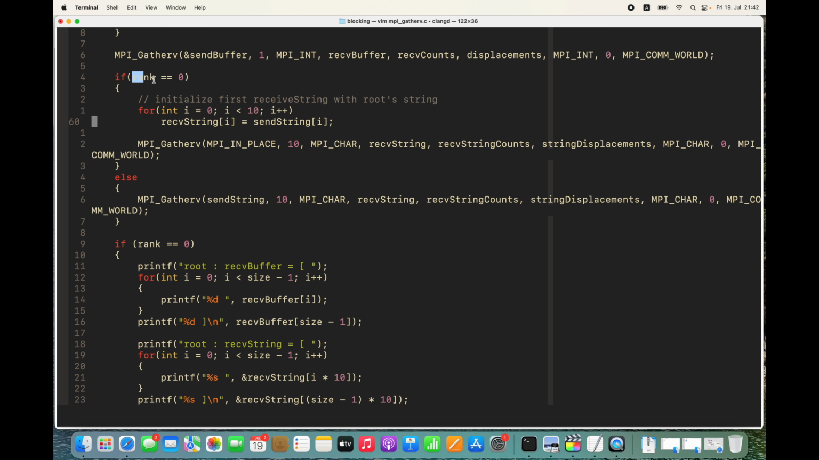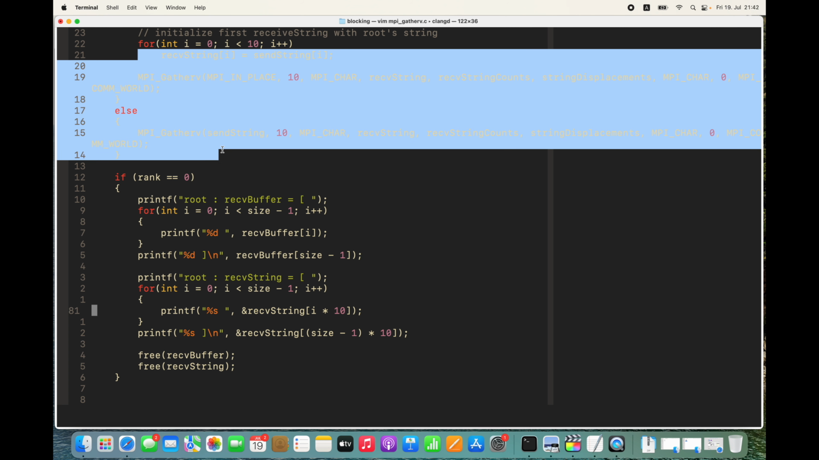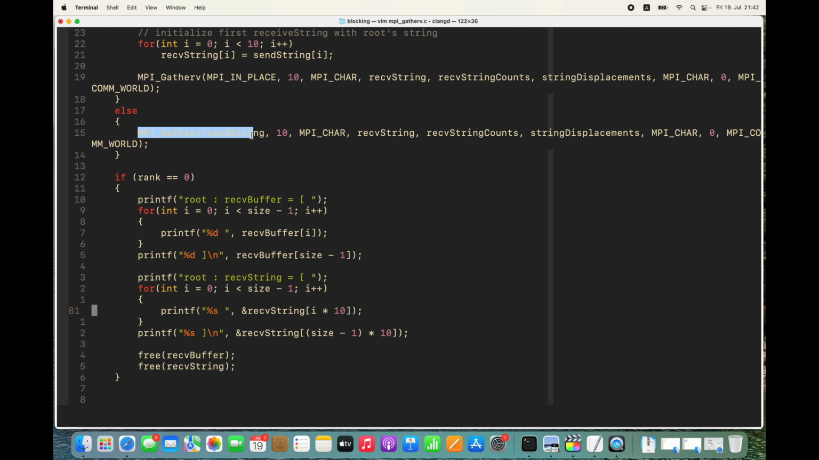And then finally, after we do the gather, so gatherv has two branches here. For process 0, gatherv is going to be called with MPI_IN_PLACE as the send buffer. And for the rest of the processes, it's going to be the send string. And after everything is over, these are blocking calls, right? These collective communications are blocking collective communications. So this means that after this call returns, process 0 is safe to read the information